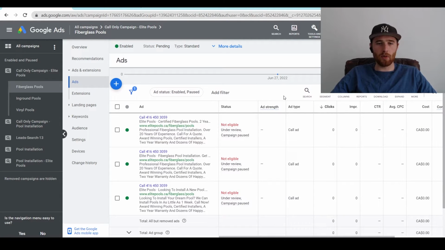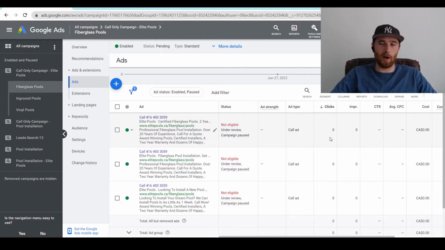Now what a lot of people will do is they only have one ad, and the issue with this is Google loves to A/B test stuff and figure out what's better and try and get you a better click-through rate, which allows you to get a higher quality score, which brings the cost down per click, which just leads to more account success because you're going to get more leads for a cheaper price, which is really nice. But a lot of people will only have one ad, and this is really bad for the account because Google's not going to be able to A/B test all of these ads, and it really will be a detriment to your account. So I always recommend having at least 3 ads, and then coming in here every couple weeks,